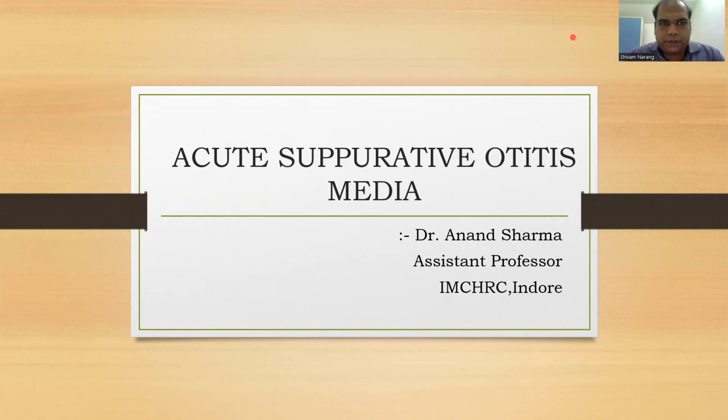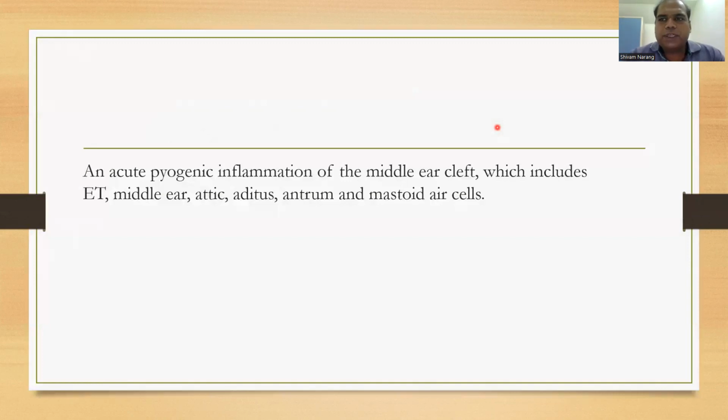Good morning, everybody. Today we will discuss acute suppurative otitis media. This is an acute condition in which there is pyogenic infection of the middle ear cleft, which includes the eustachian tube, middle ear, antrum and mastoid air cells. In the middle ear, there is the attic, antrum, mesotympanum, hypotympanum. So infection of all these parts by bacteria, that is a pyogenic inflammation, is called acute suppurative